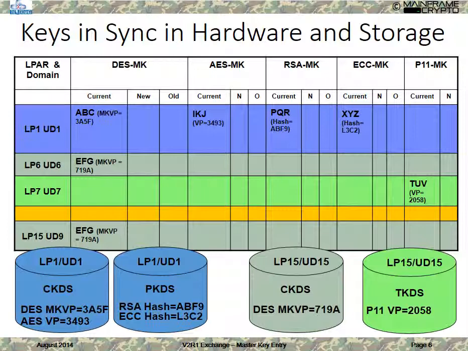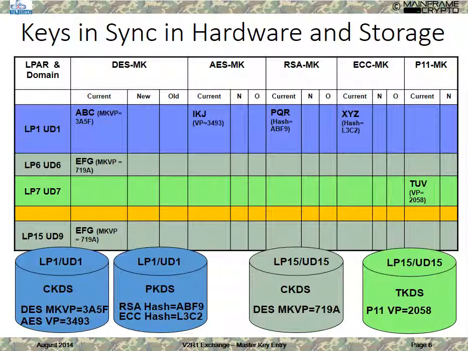In this case, it starts with EFG and has a hash value of 719ABLE. If a week later we want to run a job on LPAR 6 that uses that key, LPAR 6 can retrieve the record from the CKDS, decrypt it using the same master key value of EFG, and recover the original